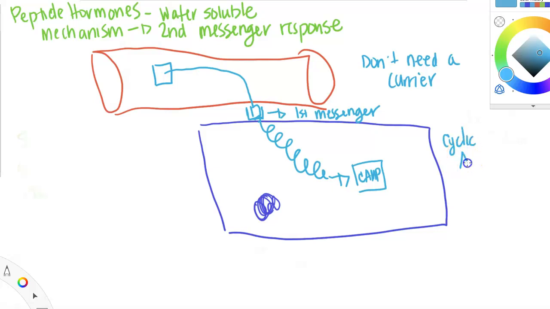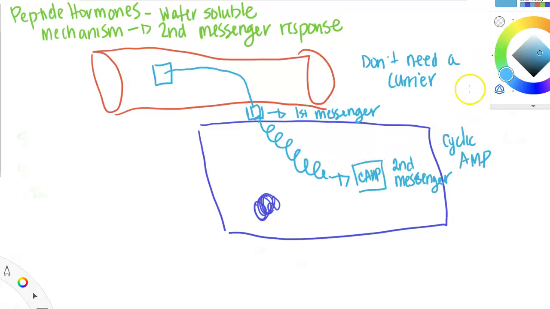And there are other second messengers, but this is the most common. So cyclic AMP. The cyclic AMP, the cAMP, is the second messenger. The second messenger is what does the